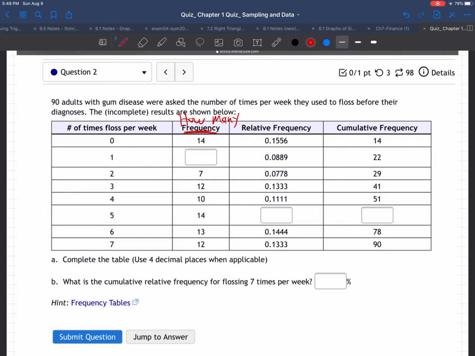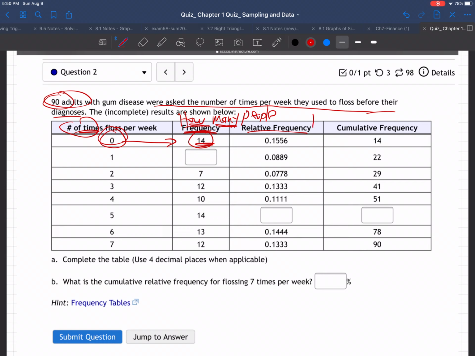So in other words, 90 adults with gum disease were asked how many times per week they used to floss before their diagnosis, before they were told they have gum disease. How many times a week did they floss? Well, 0 times a week, 14 people. 14 people out of the 90 flossed 0 times a week. They never flossed. Relative frequency,